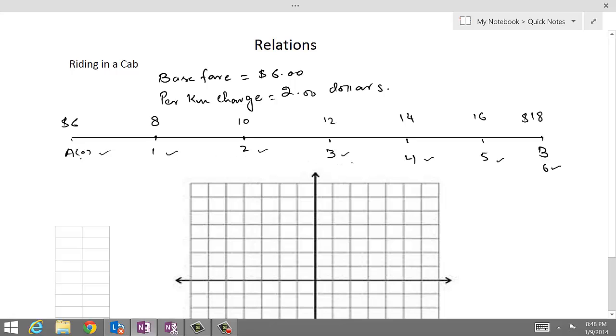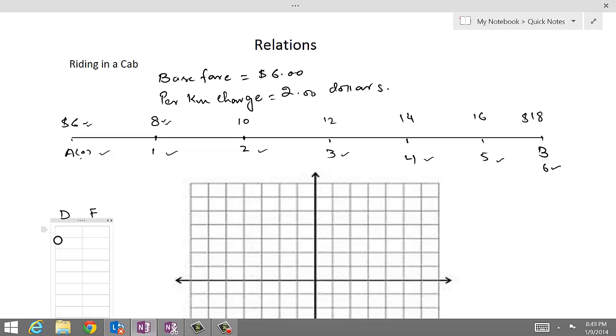So let's call this distance as D for distance. And this quantity on the upper side of the line, that is the amount of fare, and its units are dollars. So let's call this as F for fare,